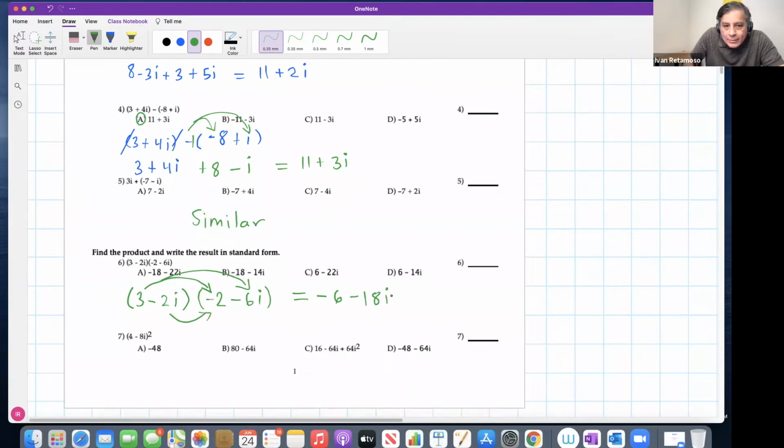Negative 2i times negative 2i plus 4i. And negative 2i times negative 6i, positive 12i squared, right? Now, this i squared, we know is equal to negative 1, because the square root of negative 1, squared, is negative 1. So yes, substitute that for negative 1, combine like terms. This is going to become negative 12 because it's negative 1. So we're going to combine this negative 6 with the negative 12 and quickly